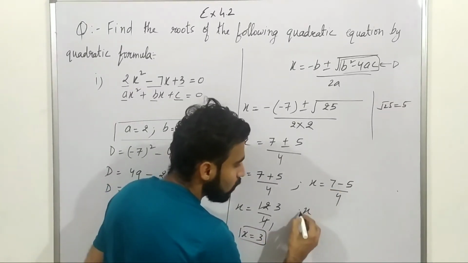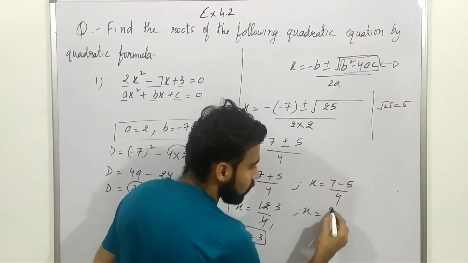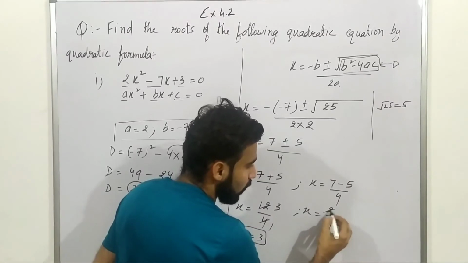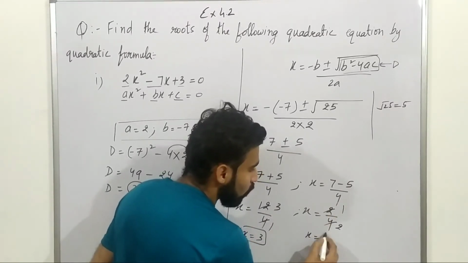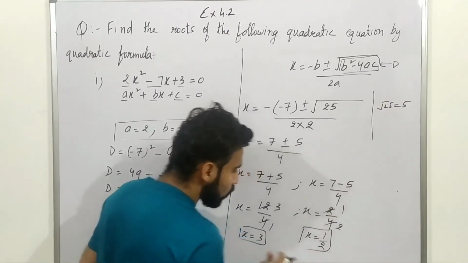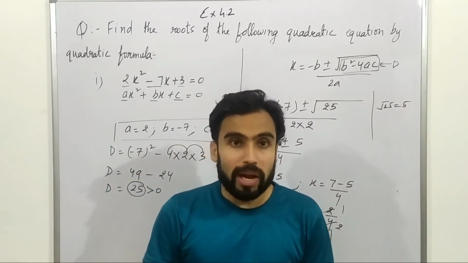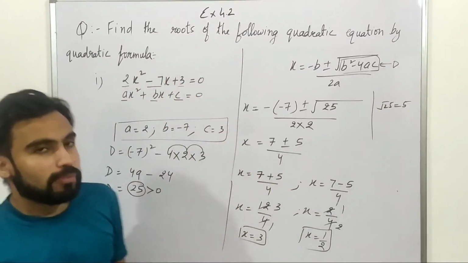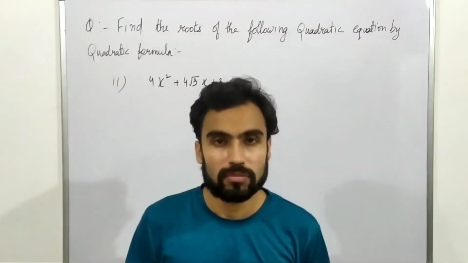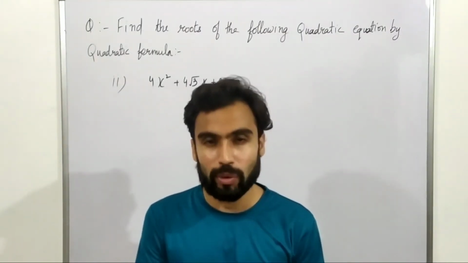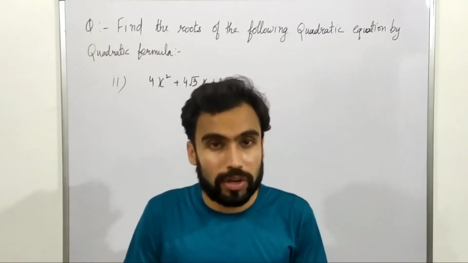Further, to solve this, you can see here 7 minus 5 is 2 over 4. Now if I reduce this, that will get me 1 by 2. So here are the two roots that we were looking for. We can find out the roots by quadratic formula here. That's all. So students, now I'm taking one more equation here and try to solve it by quadratic formula,